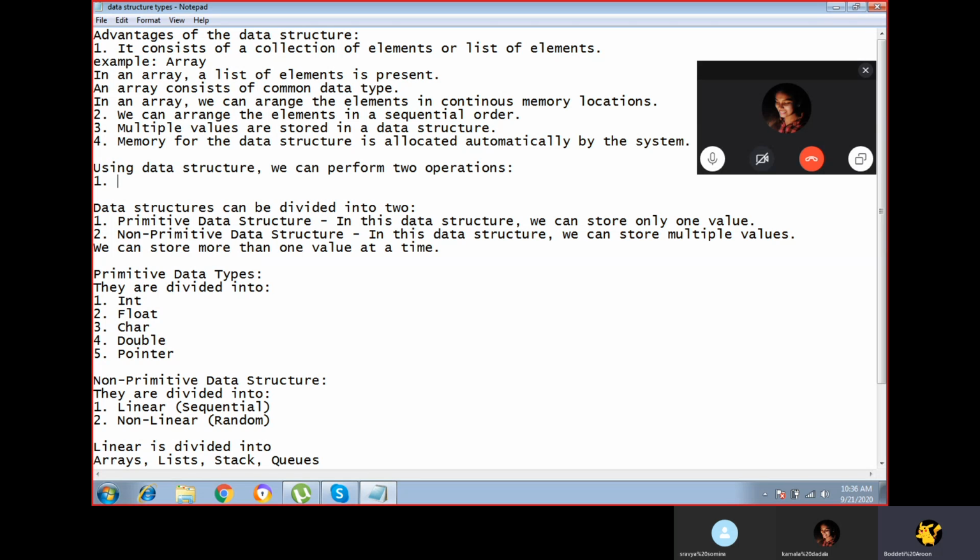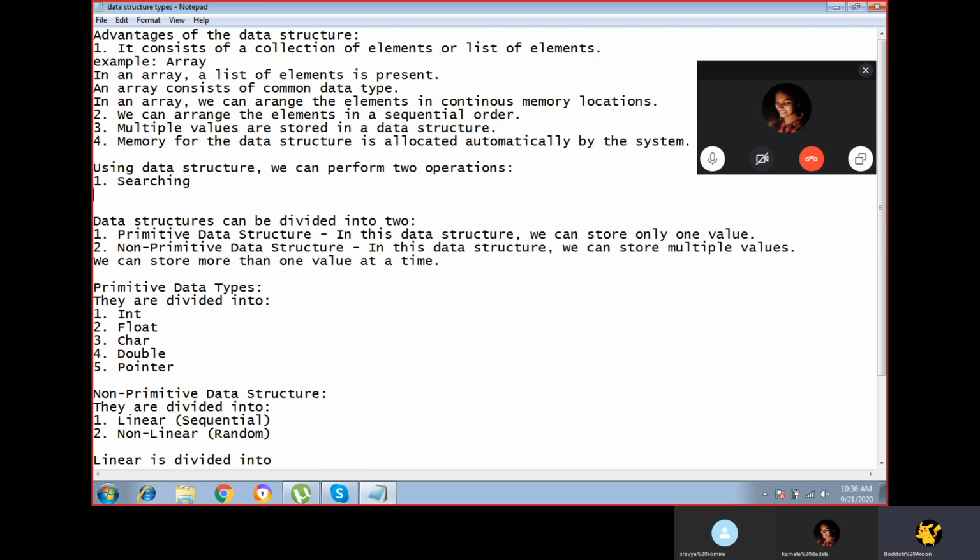First one is searching, and second one is sorting. That is the use of the data structure. We can perform a searching operation, and we can perform a sorting operation.